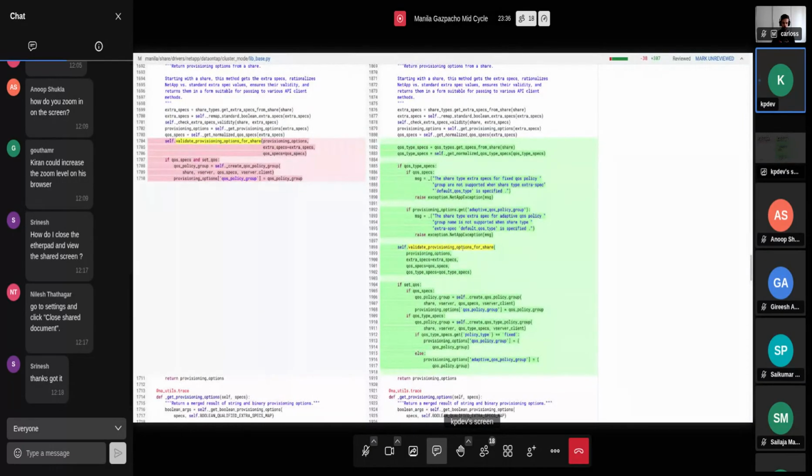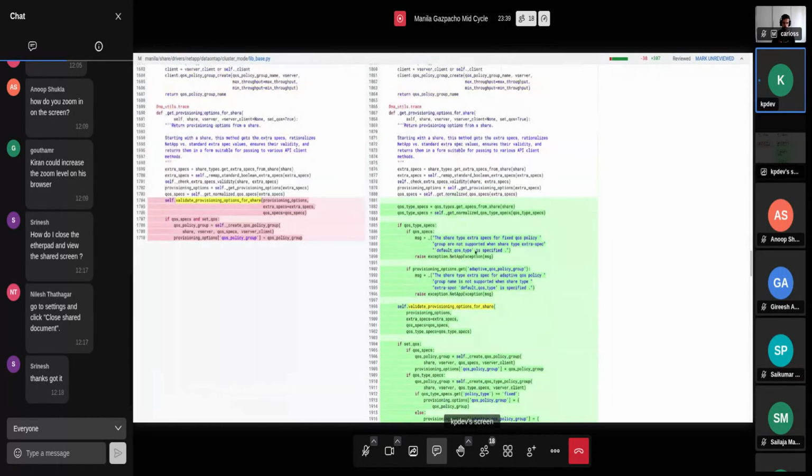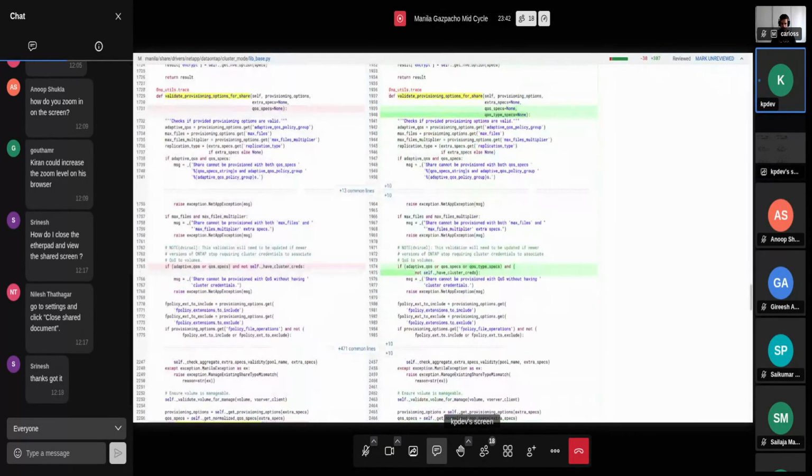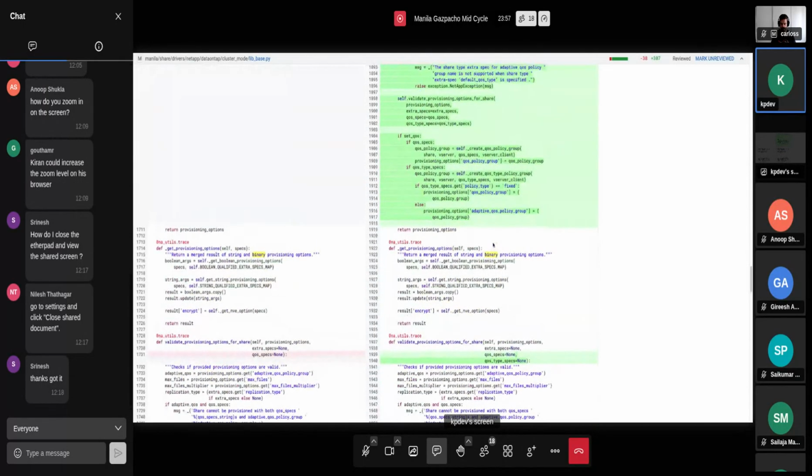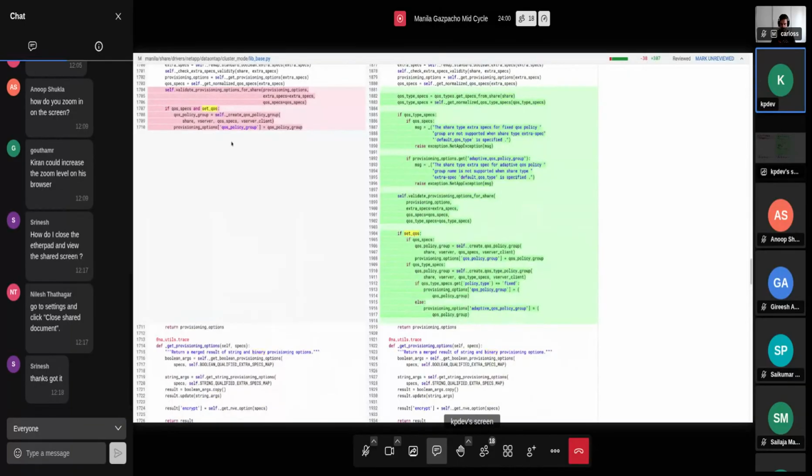And then this method of validating the provisioning option for the share, there are not many changes to this method apart from the way we are checking the cluster credentials for the QoS specs or the adaptive QoS. It's just the additional condition that even for the QoS type specs, we need to have the cluster credentials. And if the QoS spec is supposed to be set, then if it is the old way, we are creating the policy the way it is today. If it's the new way, then we are getting this spec